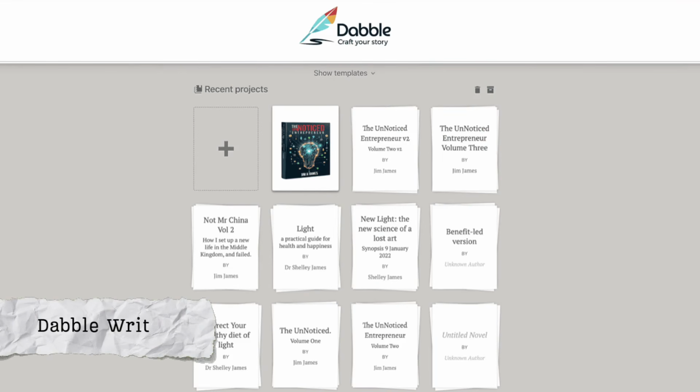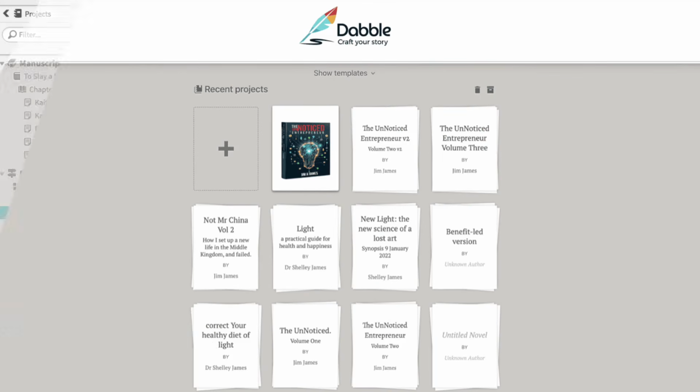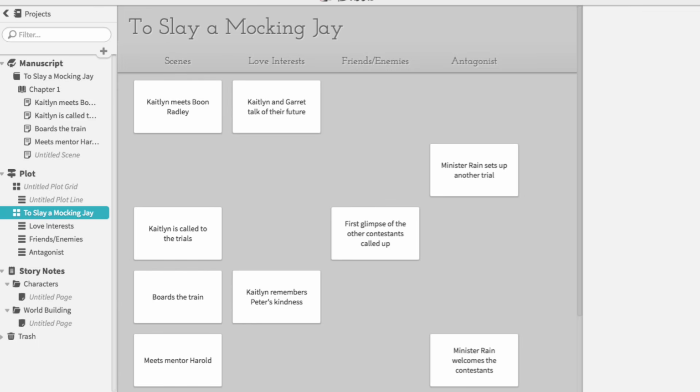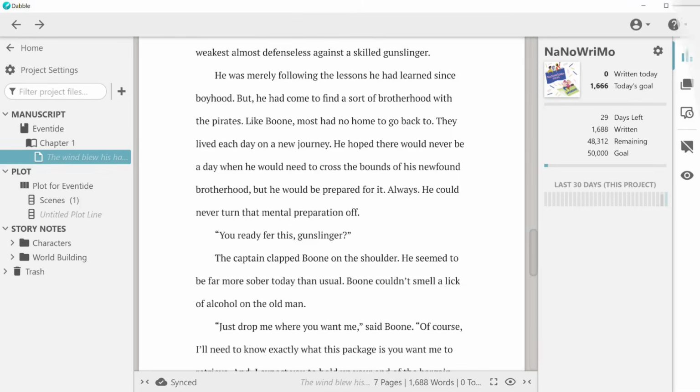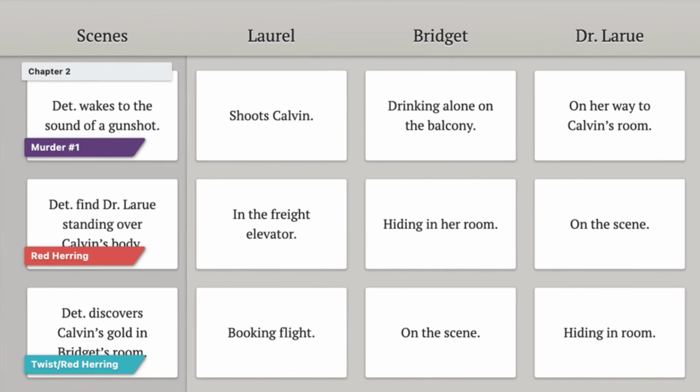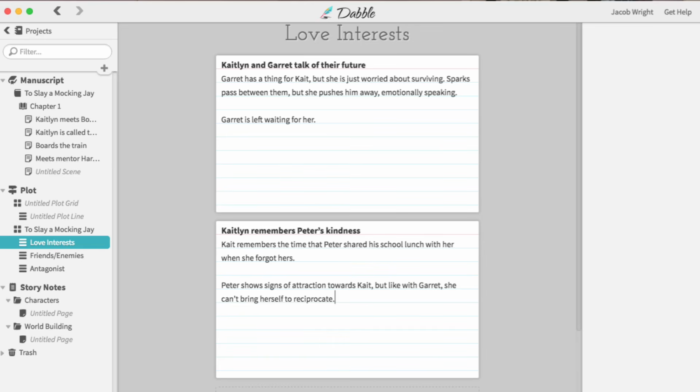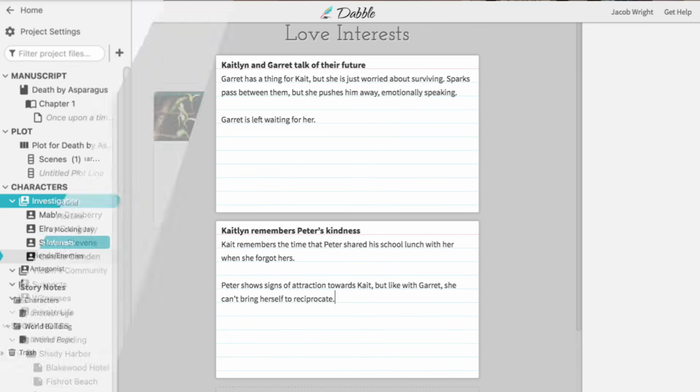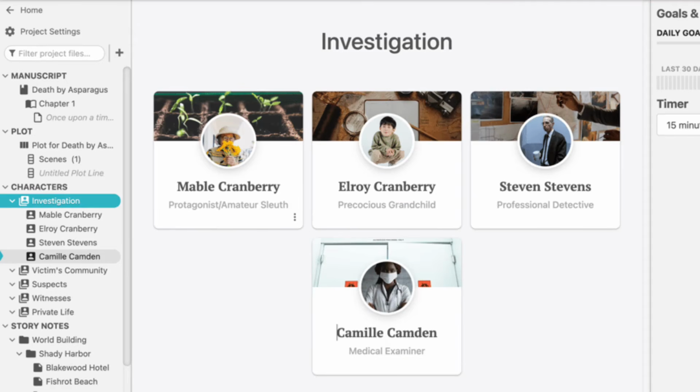Dabble is a newer cloud-based tool designed to simplify novel writing. It has an easy, distraction-free setting, which is one of the main reasons I use it. It combines writing and plotting and organization in one place with the aim of being more intuitive and less intimidating